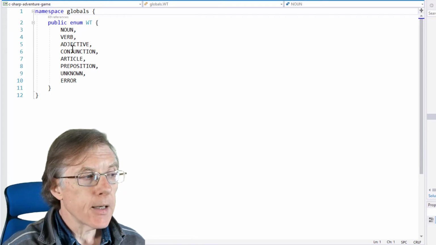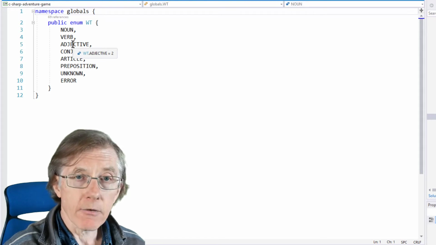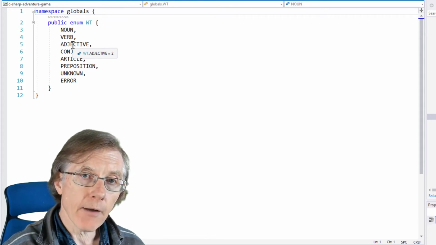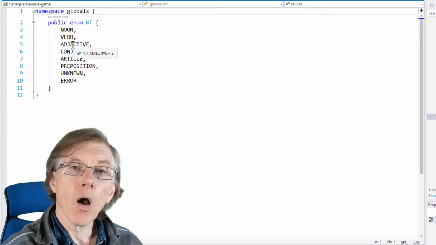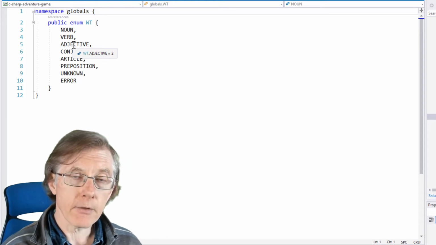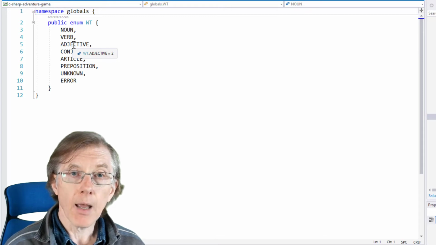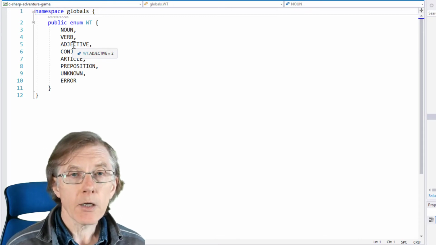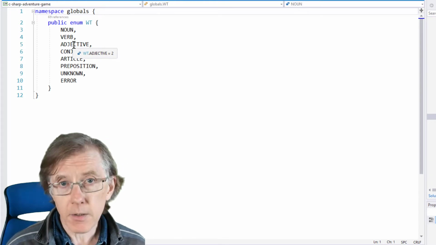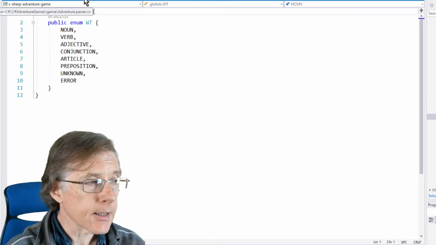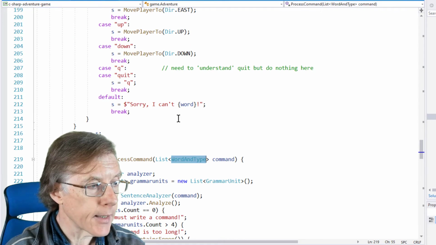The problem is it didn't use adjectives. Now, with adjectives, I have an extra problem because I could have 0 or more adjectives. I could have take box, 0 adjectives, take small box, that's 1 adjective, take small, elvish, gold, glittering box, and so on. So in order to support that, I've had to get a bit cleverer, and what I've done is,